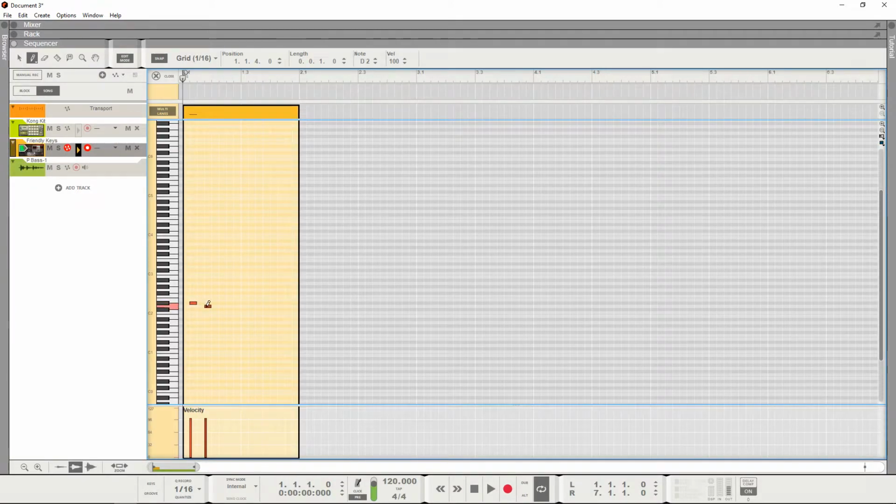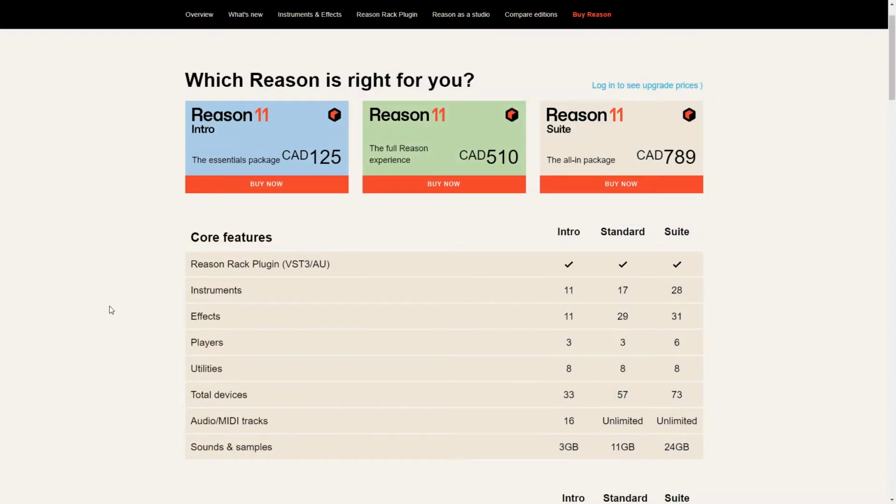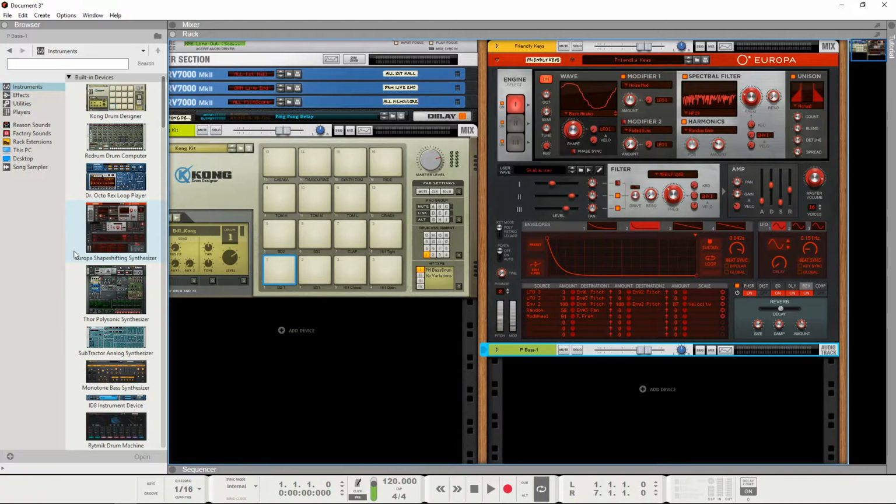There are 3 different versions: Reason 11 Intro, Reason 11, and Reason 11 Suite. Depending on which one you get, it will include up to 28 instruments and 31 effects. Reason is known for its great instruments, and even in the intro version you get a lot of the best instruments and a handful of synths covering a range of sounds.